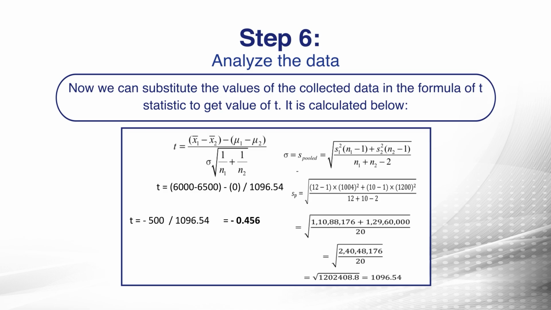formula, we get 6000 minus 6500, and the mu1 minus mu2 difference is negligible, so it is replaced by 0, and the value of sigma pooled is 1096.54. So by putting this value, we get T as minus